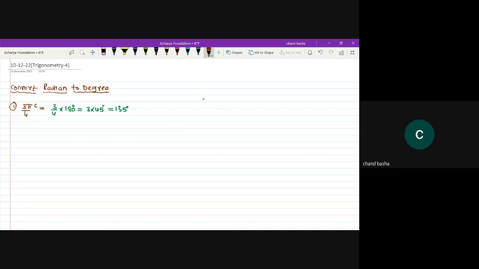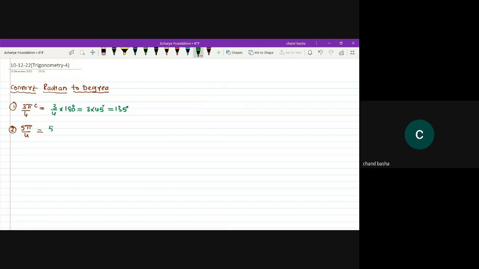Second problem, question number 2. Just what we have completed in the previous class, that is the degree values I have given. Let's make use of the radian system. Degree to radian, radian to degree. The same thing that I am going to use. 5 pi by 4. 5 pi by 4 is equal to